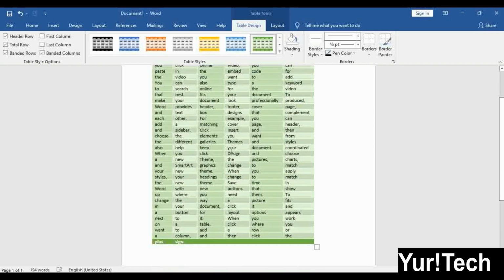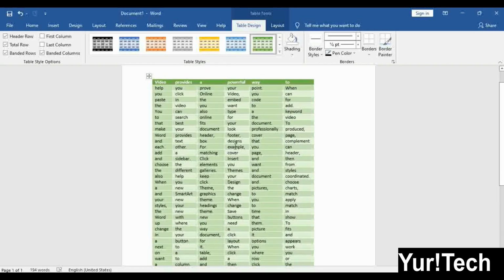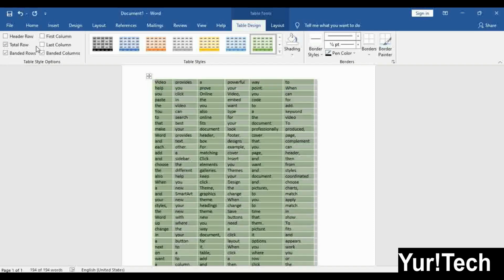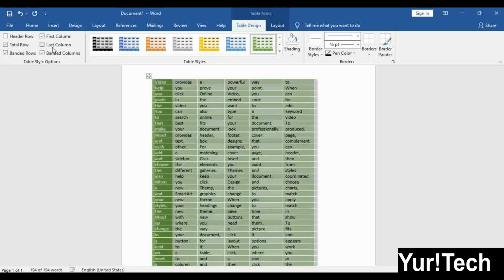Okay, I took this style, but if I want to make some changes, like I have selected colors, and now I want different styles of color, first select this, select the entire table. Then if you don't want the header row color, deselect it, then I want the first column, then the last column.